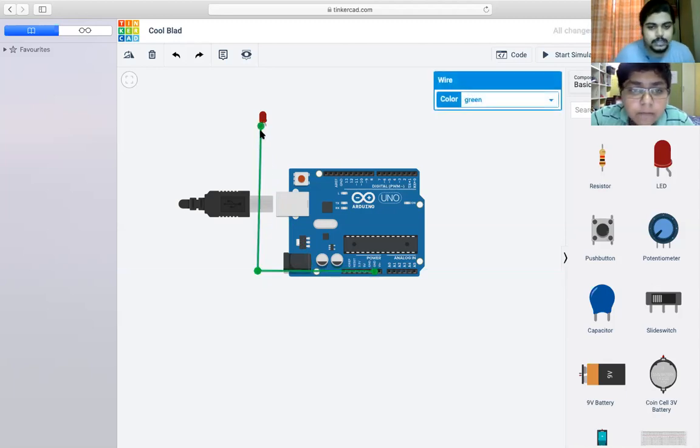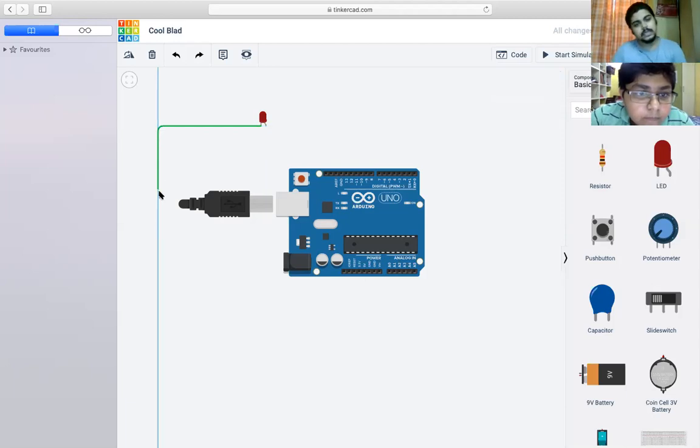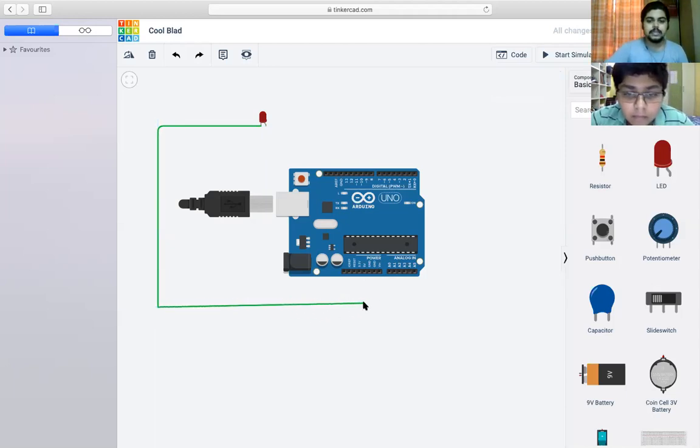Like this, if you want to connect any other pin to the 5 volts or 3.3, how can you understand that those ports are empty? So you will have to travel down and then go back to the port. Always do like this. I will also be doing it like that. Then move right. Always be nice and clean with the circuit.